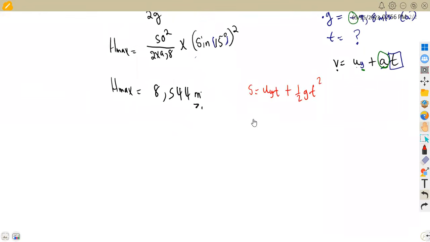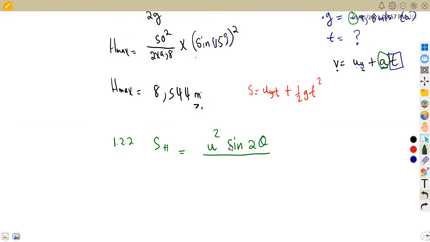So for the horizontal displacement, I also gave you this formula. I think we still remember this formula, that SH can be given as U squared sine of 2 theta, everything over G. So this can give us directly what we need, which is also referred to as the range. If the question is asking you for the range, it is the same as the horizontal displacement, which you can just substitute. The U is the initial velocity from the given information,